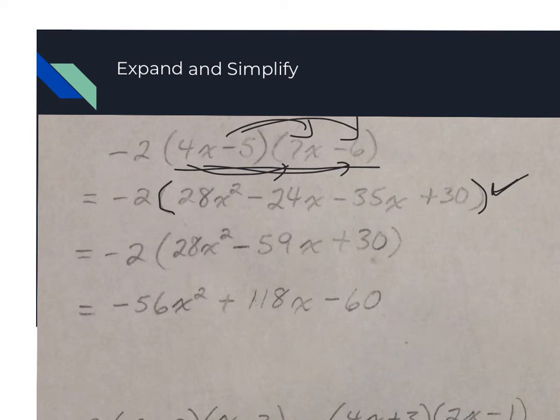Then my next step could be collecting like terms. You could multiply the -2 times each of the terms in the bracket. But if we think of order of operations, we tend to do what's inside the brackets first if we possibly can. And we certainly can collect that to get that -59x in the middle. And then what you want to do is use your distributive law with the -2 in front times each of those terms inside the bracket,